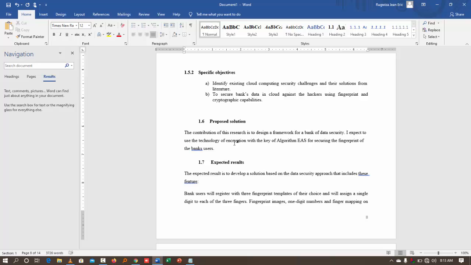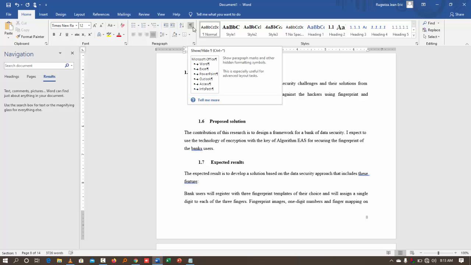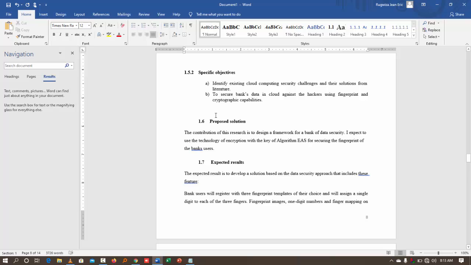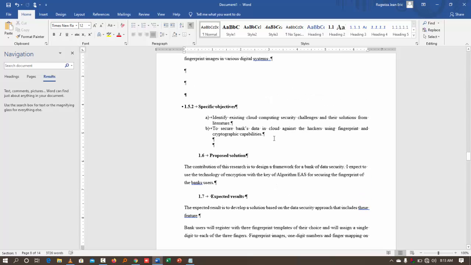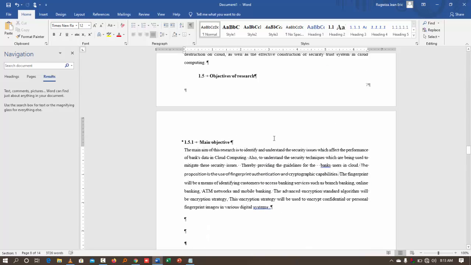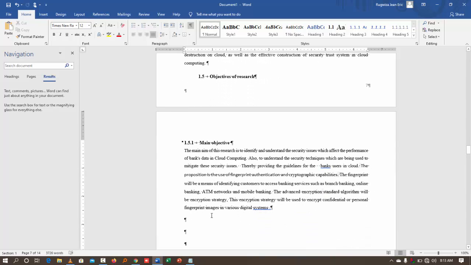Not only difficult, but it will also be time consuming. So the first thing that you need to do is to come here. There's something that we call show and hide, which can also be found from Control Shift 8. This will show you where you have unnecessary spacing. So you can come here and delete those spaces one by one, or